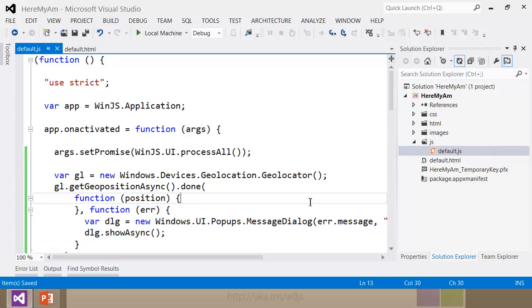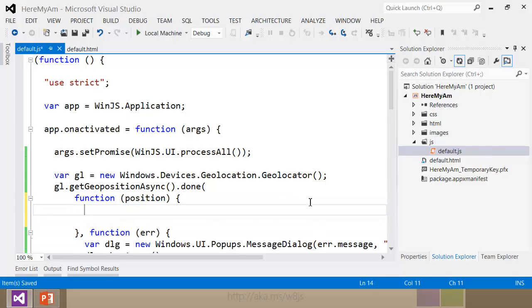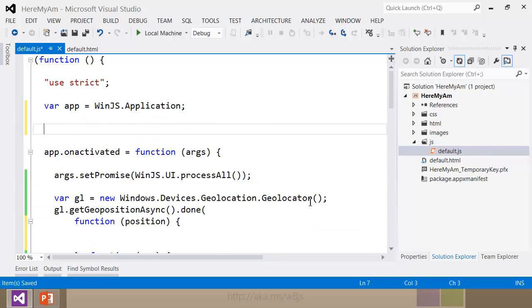But otherwise, as long as the position is retrieved successfully, then I want to first of all remember it, because you might remember when I talked about the prototype, I said once we have a location and a picture, we want to be able to share them. So I need to remember my location somewhere. So I'm going to go ahead and just save this last position. I don't currently know it right now, so I'll just set it to null. And then down here, though, we do know it. So I'll set last position equals,